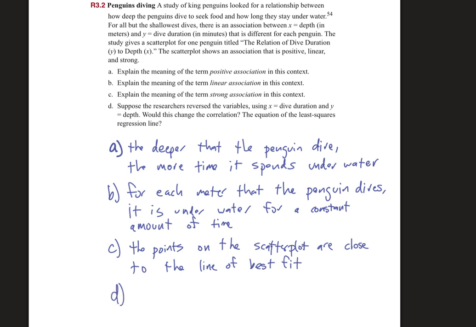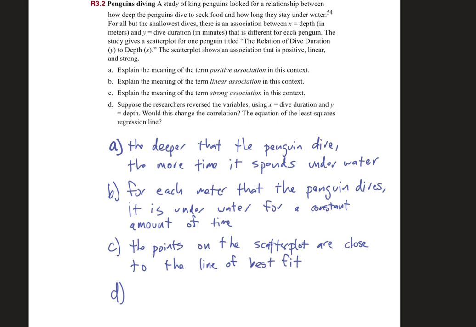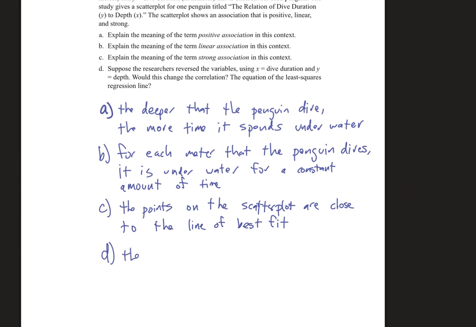Okay, part D. Suppose the researchers reverse the variables using x equals dive duration and y equals depth instead of the other way around. Would this change the correlation? Okay, for sure, no. Correlation never changes when variables are switched. And that should make sense because